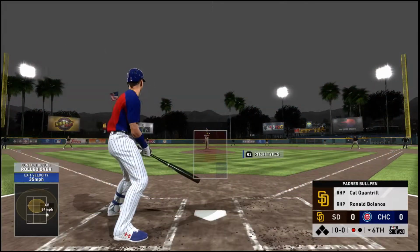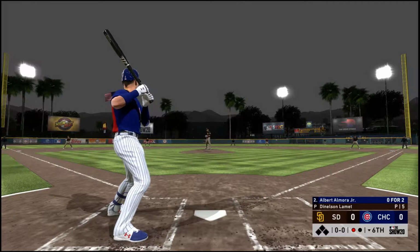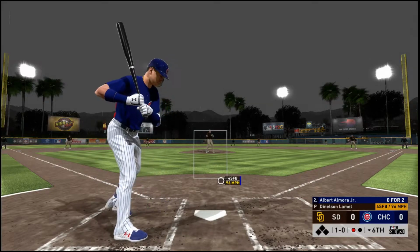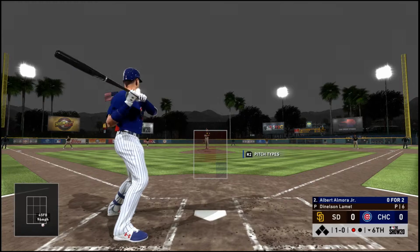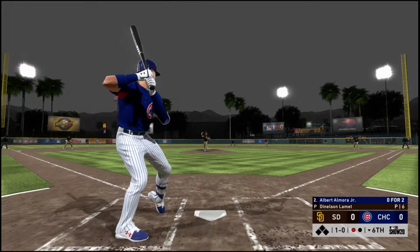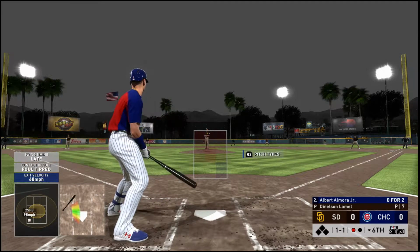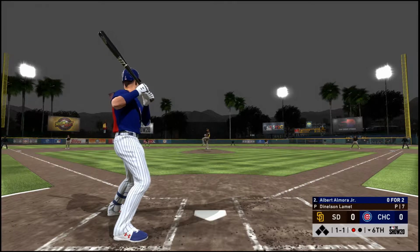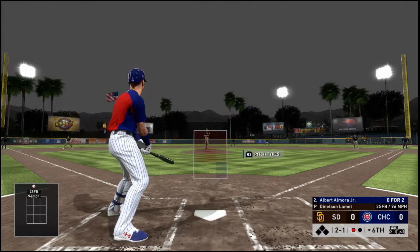Ready for another shot now. Albert Almora 0 for 2 from him so far in this one. First pitch of the at-bat on its way. A fastball here as he'll take a look at ball one. 1-0. Now a swing and a chopper foul right at home plate. Ready with the 1-1 pitch. 2 balls, 1